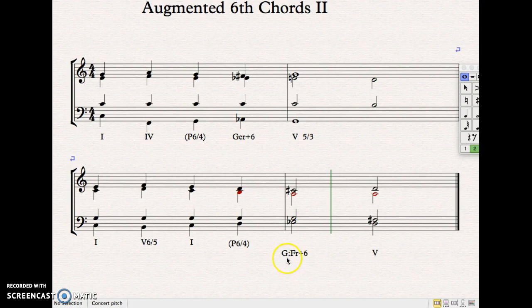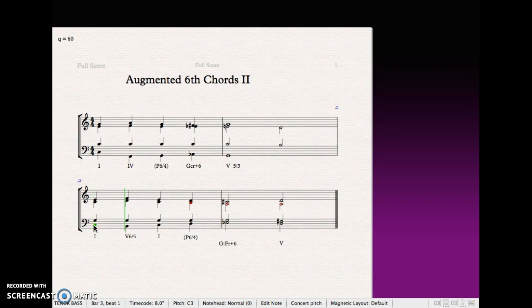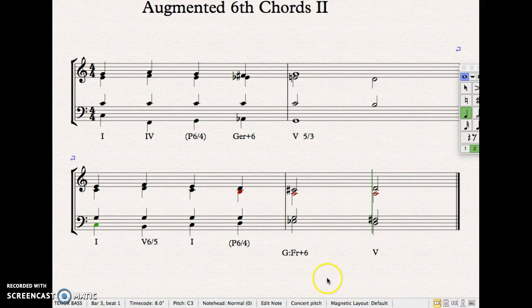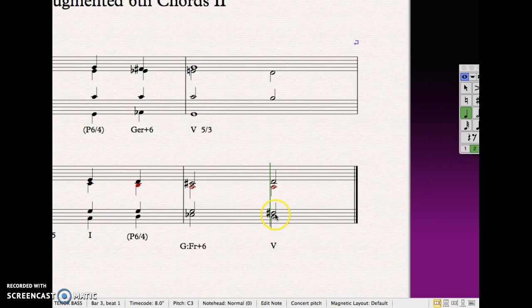So let's listen to the whole progression. In fact, let me go ahead and finish the whole progression. It's a little low here, but